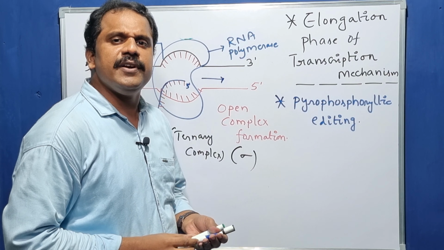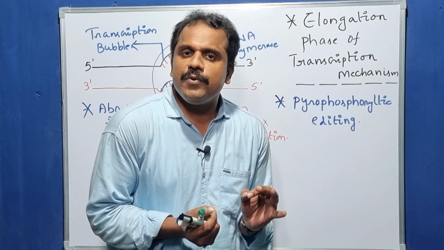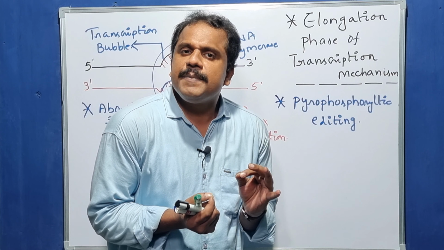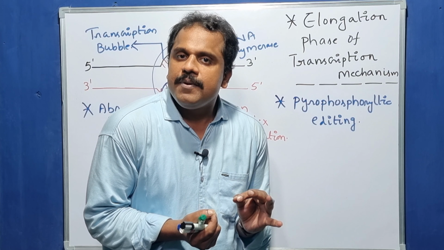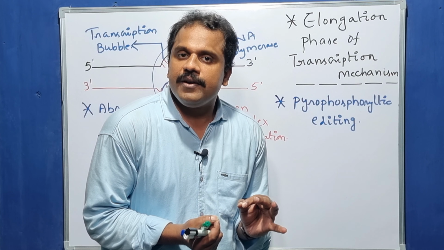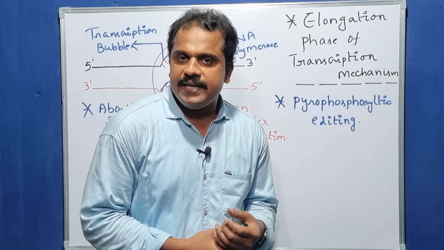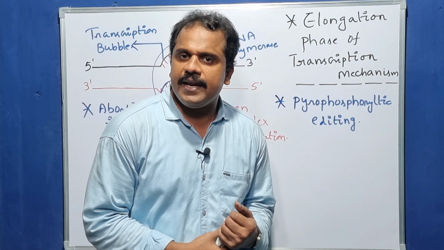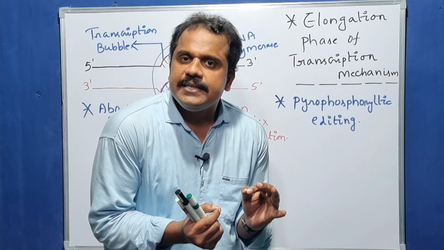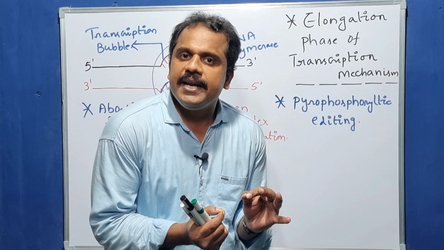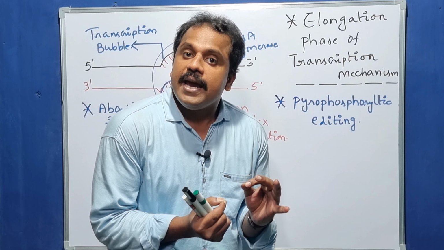Is it okay? So it is a type of proofreading mechanism. By taking advantage of the proofreading mechanism, the transcription process is capable of removing the misincorporated nucleotides which were recruited by the RNA polymerase enzyme during transcription. Most commonly, the RNA polymerase enzyme incorporates the RNTPs like rATP, rUTP, rGTP and rCTP,